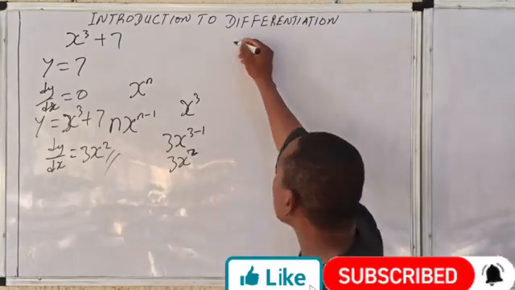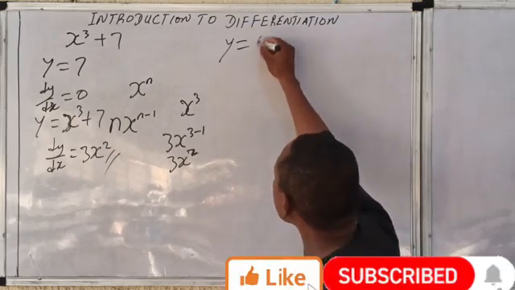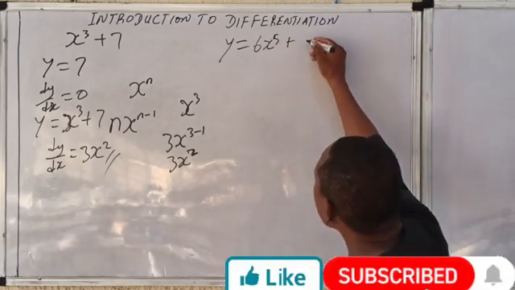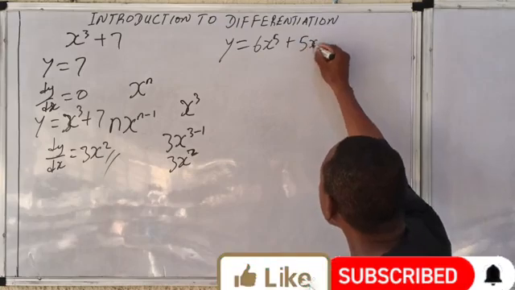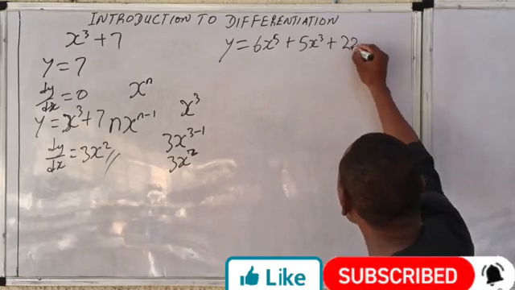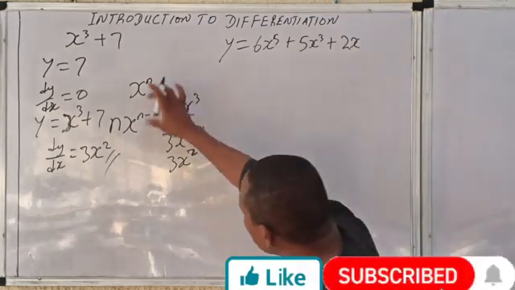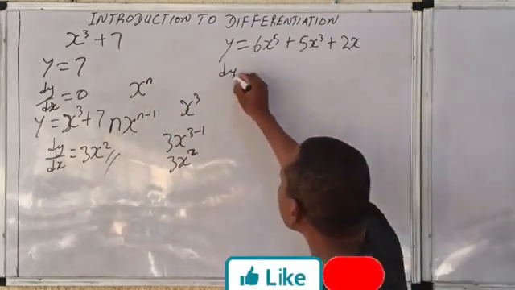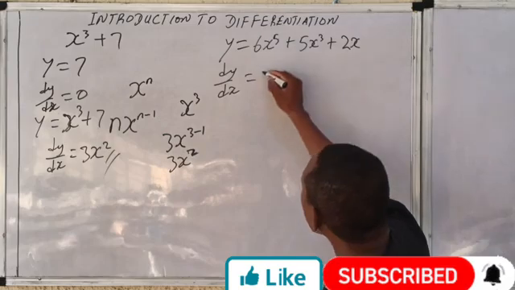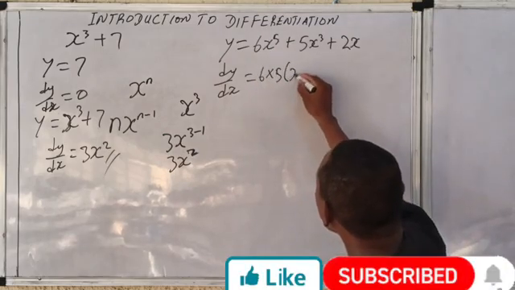Let's assume that you're asked to solve another question where y is actually, let's say, 6x raised to power 5 plus, let's say, 5x raised to power 3 plus, let's say, 2x. And you're asked to differentiate this. It's very easy. Just apply this same rule that we did. So the dy/dx is equal to what? Now this will go to the back. So we now have 6 times 5, bracket x